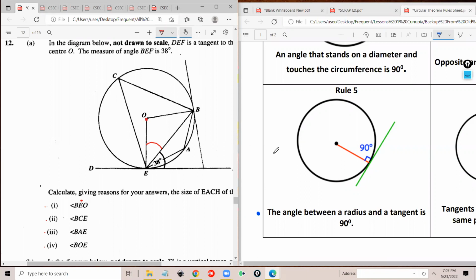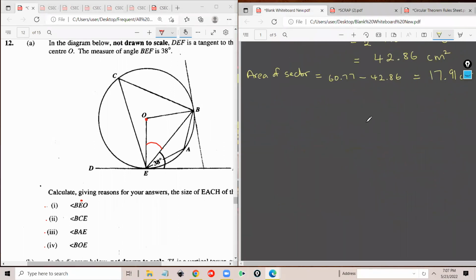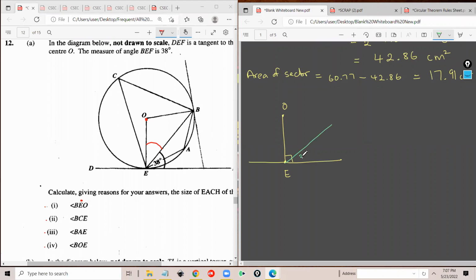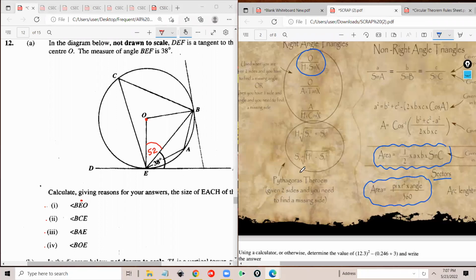So the angle between, where do I have some extra space? It's kind of hard to see with all of those lines. So from O to E, and then you have this line. It's supposed to be 90 degrees, but then there's a little slanted line here, and they're telling you that this angle is 38. So if the whole thing is 90, then this part here, the one they're asking for right now, won't that be 90 minus 38? And that will give you 52 degrees. So it's 52 because of this